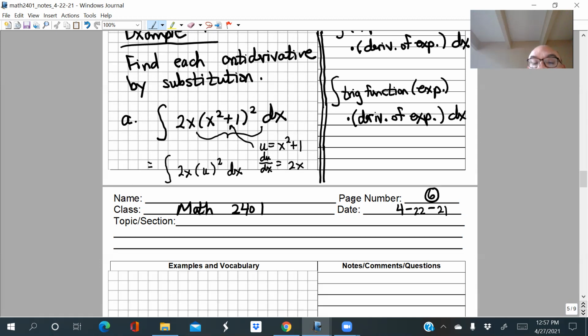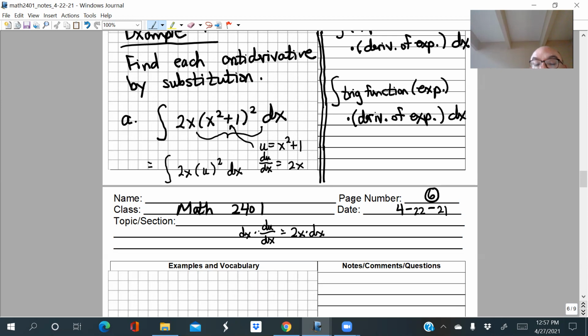Now, what I'm going to do here is solve, and this is kind of strange, I'm going to solve this equation for dx. I'm going to treat that dx kind of like it's a variable. So I want to rewrite this as dx equals something. How can I solve this equation for dx? The first thing you do here is multiply both sides of the equation by dx.